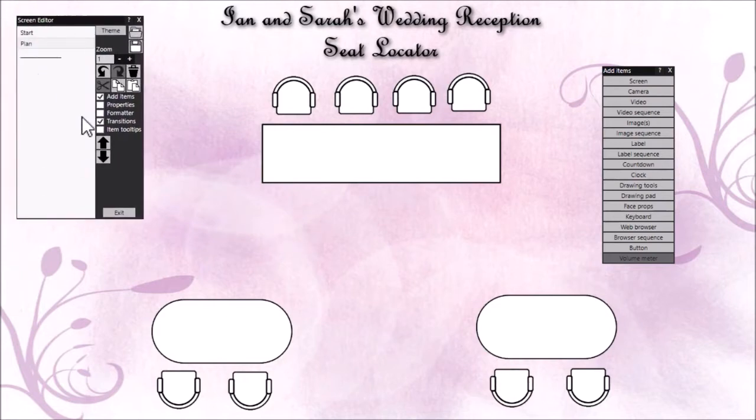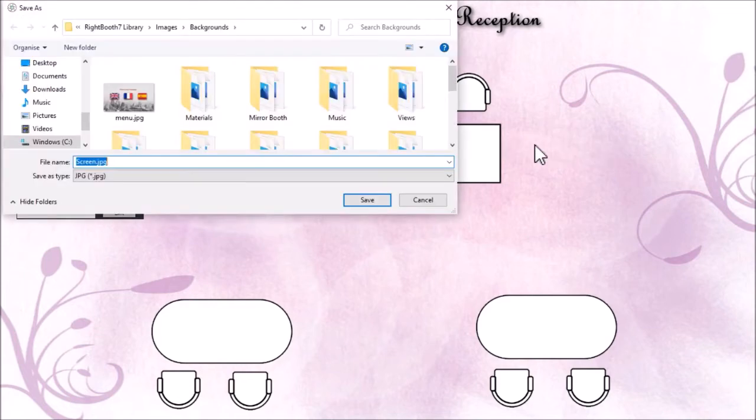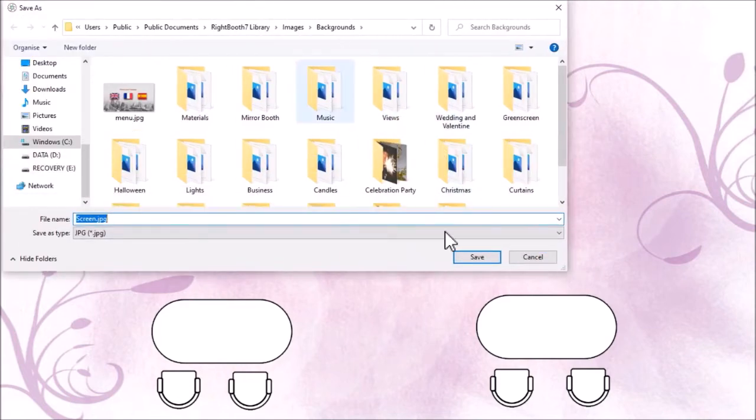So when you've designed your plan with your seats and your tables, what you need to do then is to create an image of it. Now how do you do that? Let me just close this down for a second. What you do is you right click anywhere on the background, capture the screen, and what it's doing now, RightBooth is prompting me to save the screen capture somewhere into the